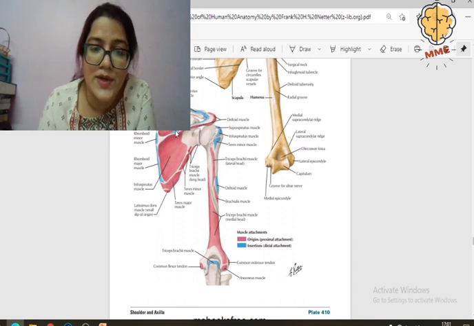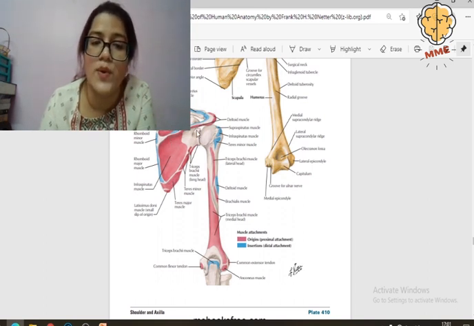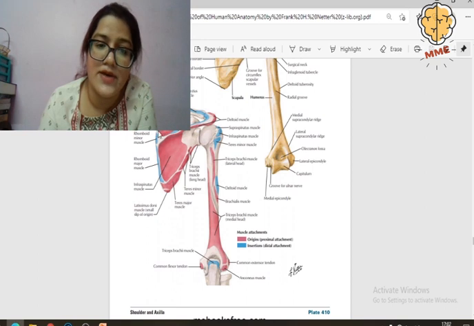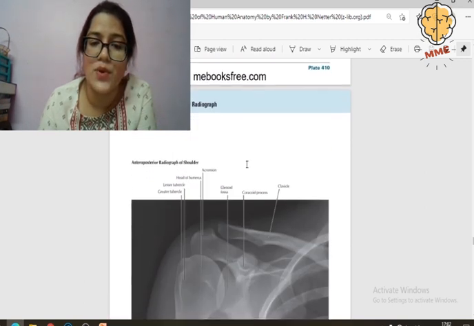Yes, this one over here, I told you, upper lip of the crest. This is the trapezius muscle. Lower lip, this is the deltoid. And you can see they are continuous with the acromion process. See over here, levator scapulae, rhomboid minor muscle, rhomboideus major muscle, latissimus dorsi. These are the minor and the major, teres minor, teres major. See, from the infraglenoid tubercle, we have the triceps brachii muscle, right? These are what I wanted to show you.